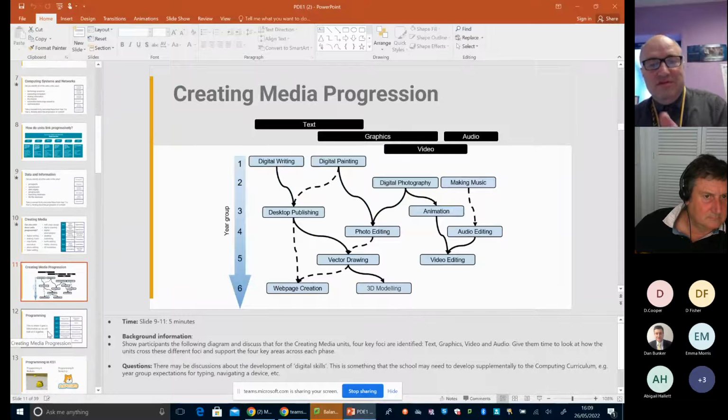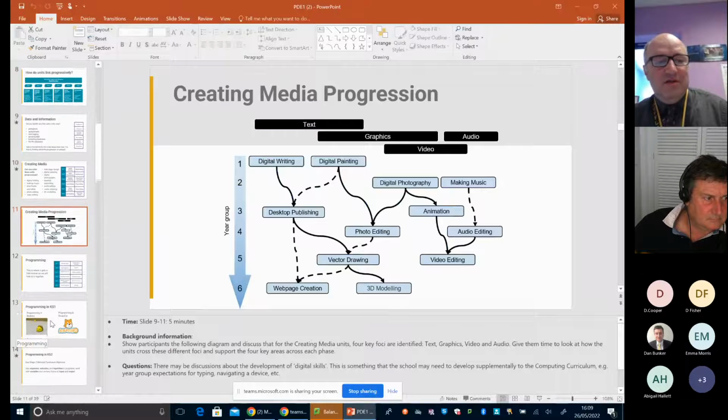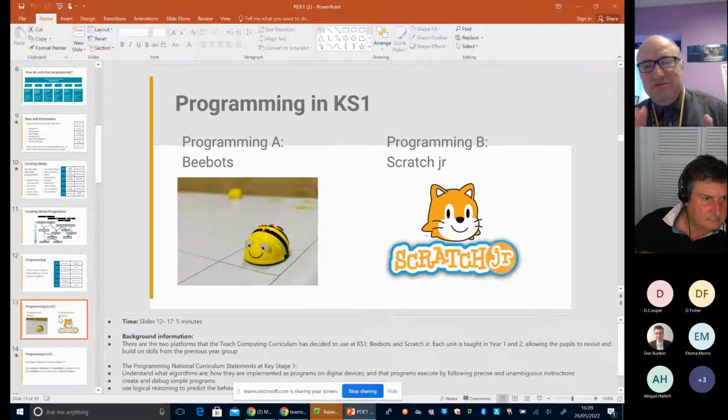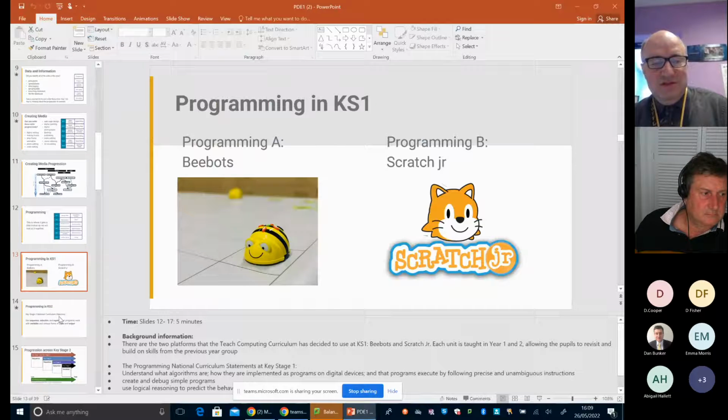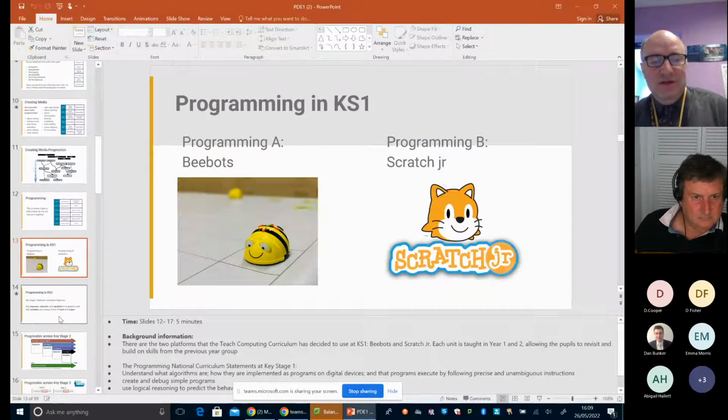It does get a little confusing with these little maps that they've drawn in there, but the bit that you're probably more interested in is the programming, and it takes you through all of that as well. Now, I'm going very fast through all of this, but if you wanted to see this in more detail, like I say, this is all available on the Teach Computing website and as a course, so you could do this in greater depth and greater detail.